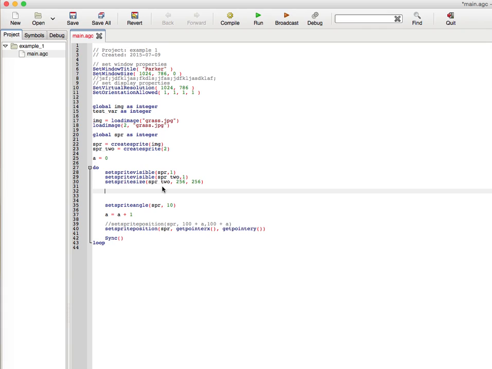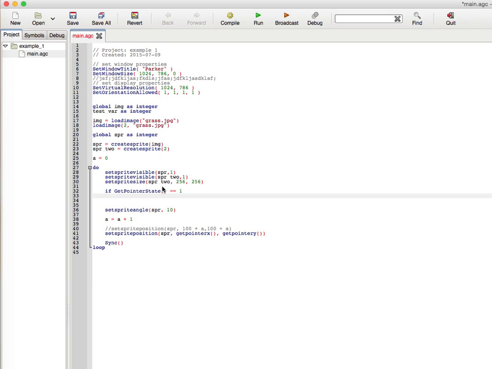So I'm going to introduce the if statements. I'm going to do if, and you do not need parentheses around the if statements, just to let you know. And you don't need a then at the end unless you're going to actually have the code go on one line. But if get pointer state, which means that if it's equal to 1, that means I'm clicking down. If it's equal to 0, I'm not clicking it. Or the mouse, that is. So if it is equal to 1,